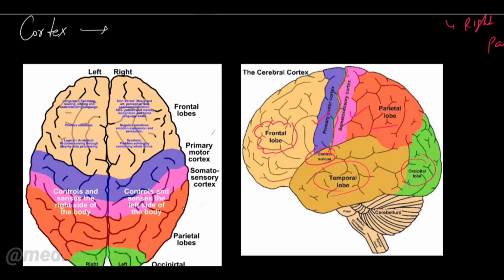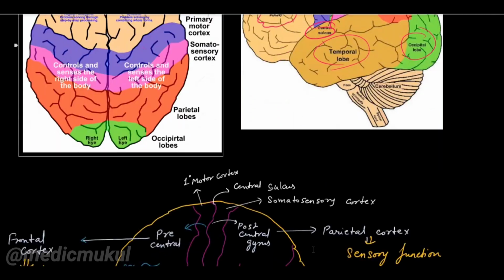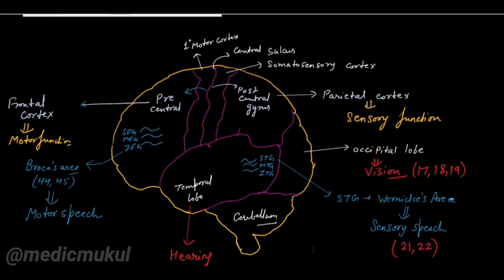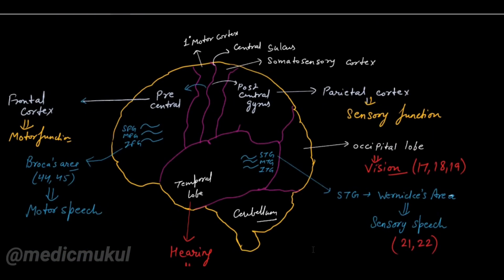You can just take a screenshot and study all these things. I'm discussing the important parts here. So this is our brain made by me. That is the frontal lobe. Remember, this is my central gyrus. Oh no, sorry, central sulcus.